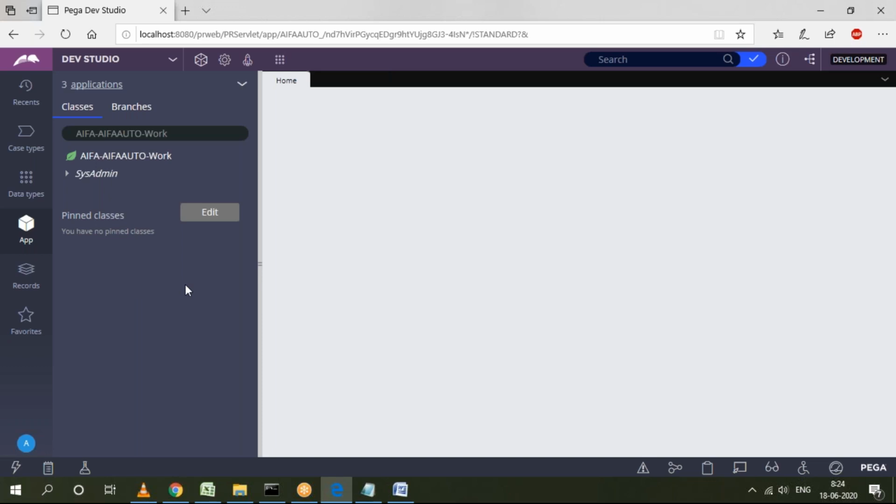In the next session, I'll discuss classes and inheritance. That is common in any version. If you take any Pega version, these class layers and types are common, with no change. Tomorrow I will be discussing what the types of classes are, what layers we have, and what inheritance is.